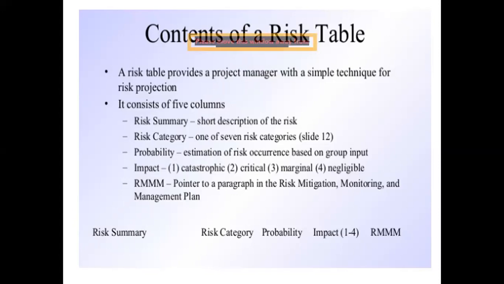Okay. So whenever we are going to design any software project or product, then first we consider the risk table, so that we can estimate all the factors and store the values related to those factors. The first is the risk summary. Risk summary, what is this? A short description of the risk. We are going to describe or elaborate or explain about the risk, that is, what type of risk this is.